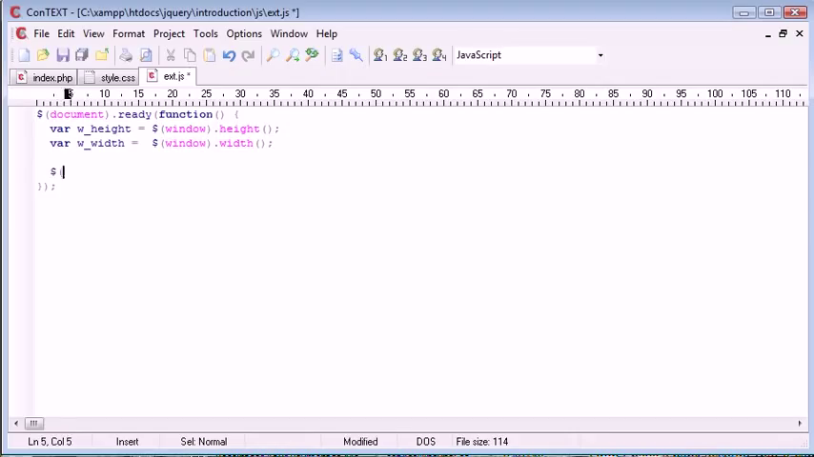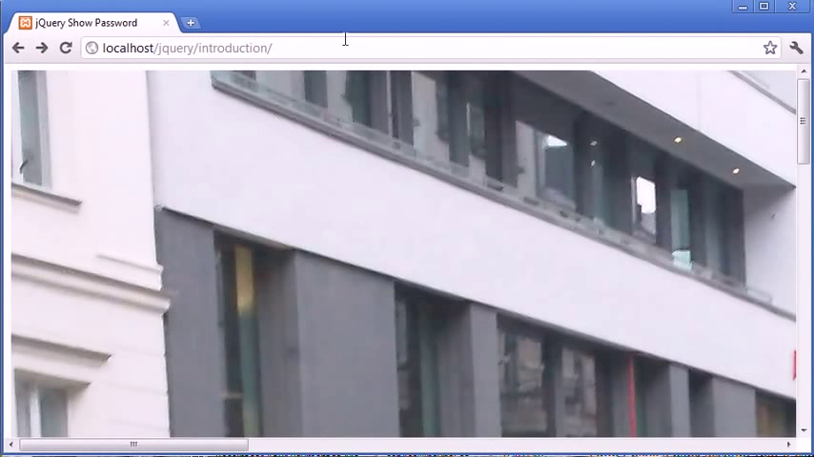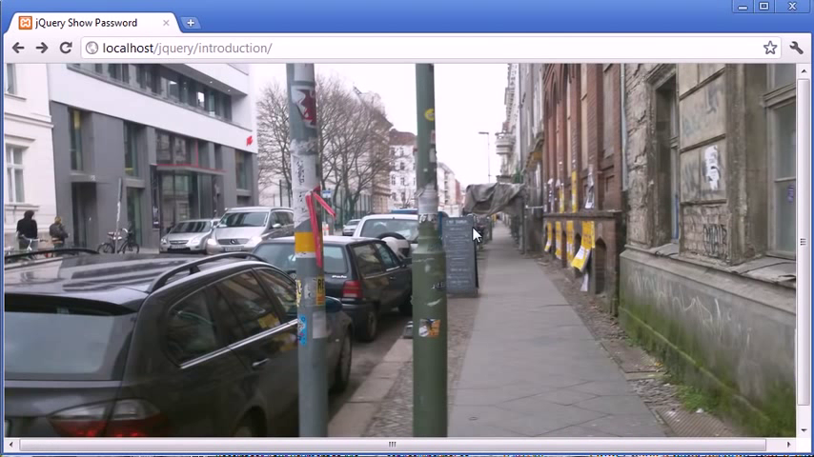So let's select the .fit class, and then we apply some CSS. We're going to set the height of the image to wHeight, and then we again use CSS, but this time we apply the width as wWidth. So now what's going to happen is when we refresh, this is going to be automatically resized to the size of the window, as you can see. So we've automatically resized this image to the size of the window,